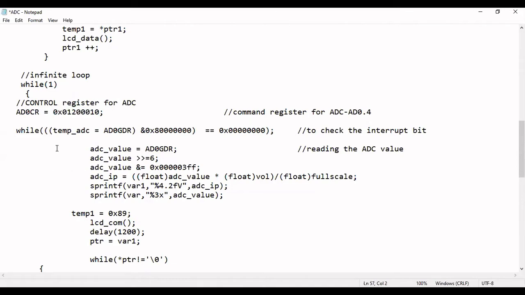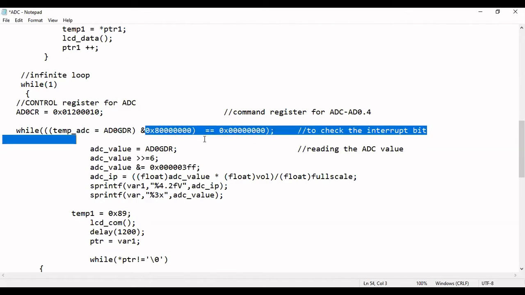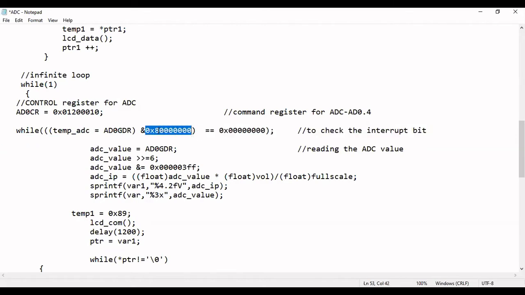In the while loop, here we are checking temp of ADC equals to AD0GDR. In the data register, you will be reading some value. Once the value comes in the data register, you are ANDing it with some value here, 0x80000000. If it is 8, which bit will be set? If the value is 8 in the beginning, which bit will be set?